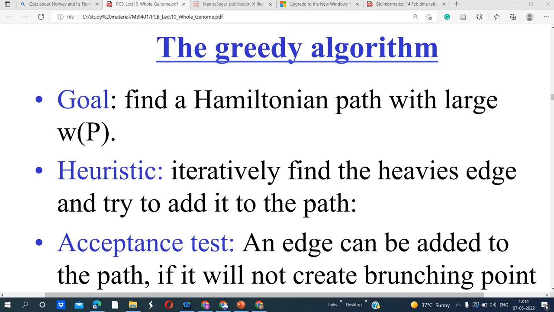So for sequence assembly, we need an algorithm, a computer program, that can assemble these fragments in the correct order by aligning them. We have already discussed how we can align the different fragments.